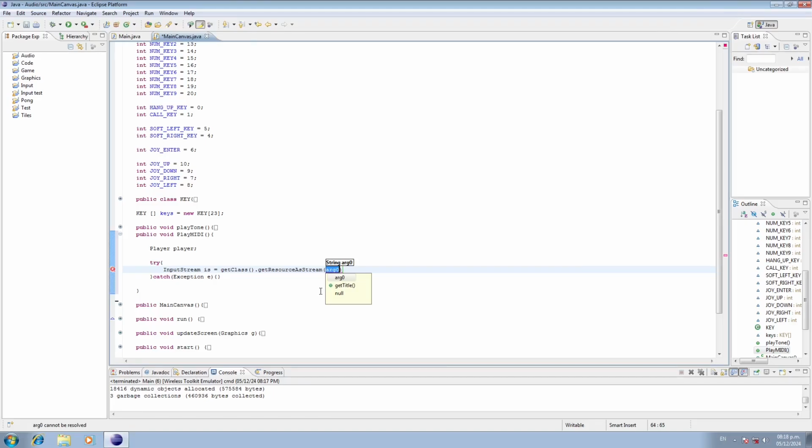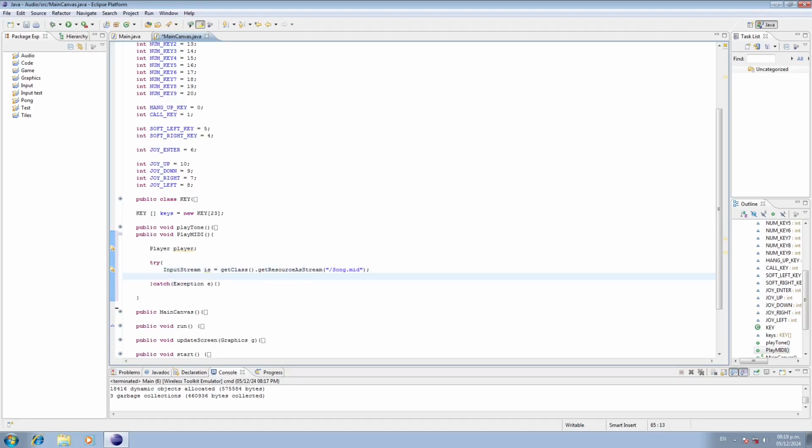Here it auto completed. And we're going to give it the name of our file. In this case, I've already put the files here, but you have to put the files in the resource folder. So the name of the MIDI file is Song.mid,